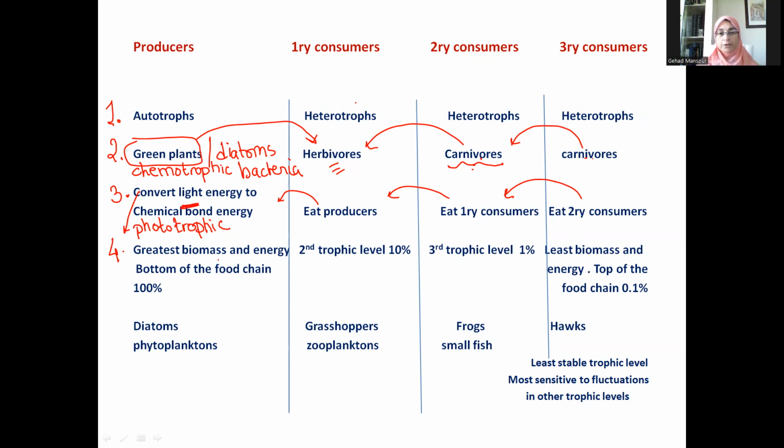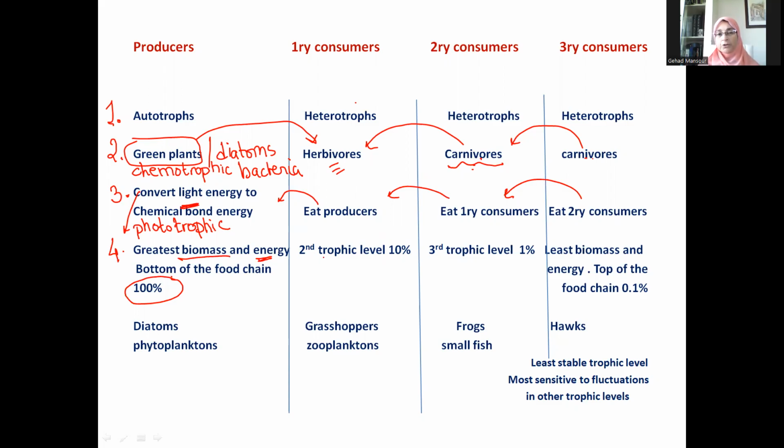So if you're talking energy, you're talking pyramids of energy, then consider that the energy at the bottom of the pyramid is 100% energy. If you talk biomass, then you would consider the first trophic level having 100% of the biomass that you can determine in grams or in kilograms according to which biomass you're talking about. Similarly, the unit of energy, as we said before, can be a joule or kilojoule or kilocalorie according to the amount or the level of energy you're talking about.